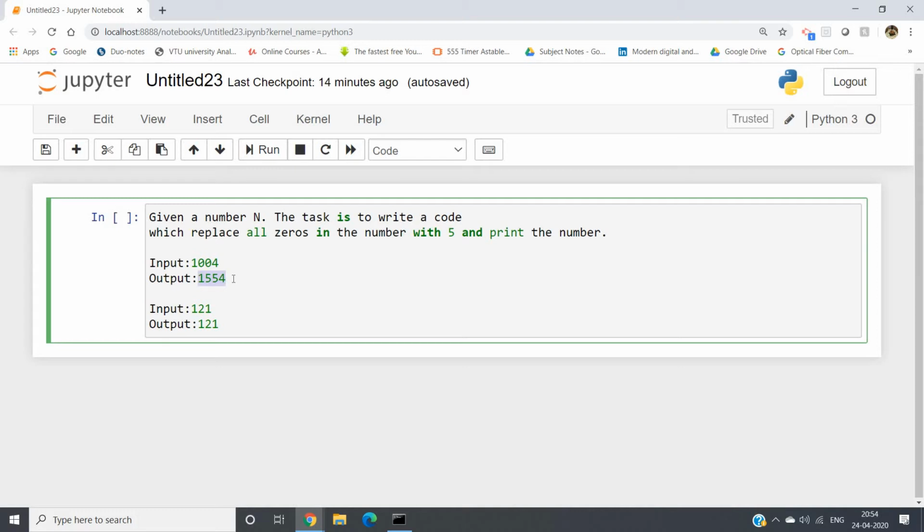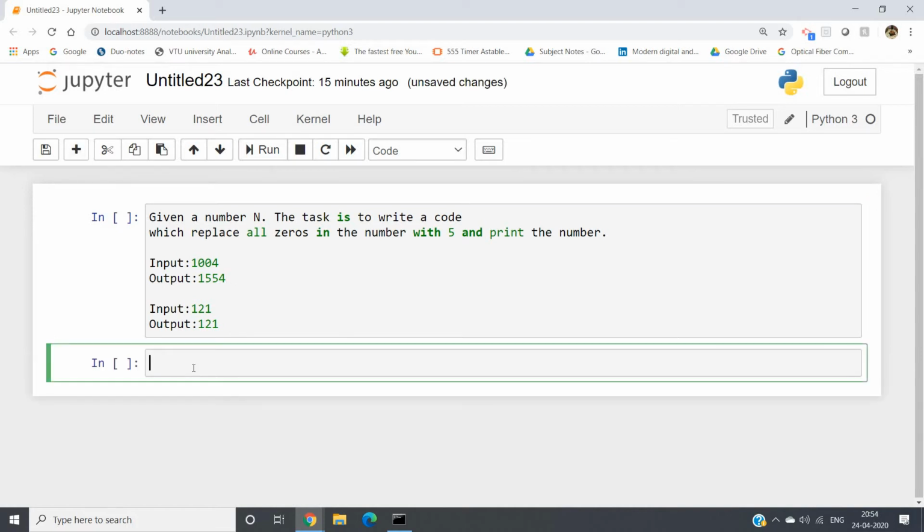Okay, now try to think about one algorithm which can be used to solve this particular problem. Implement that, and check whether it is giving the correct output or not. If it is not giving the correct output, no need to worry, here I am explaining. But first try to solve it on your own. That is very important.